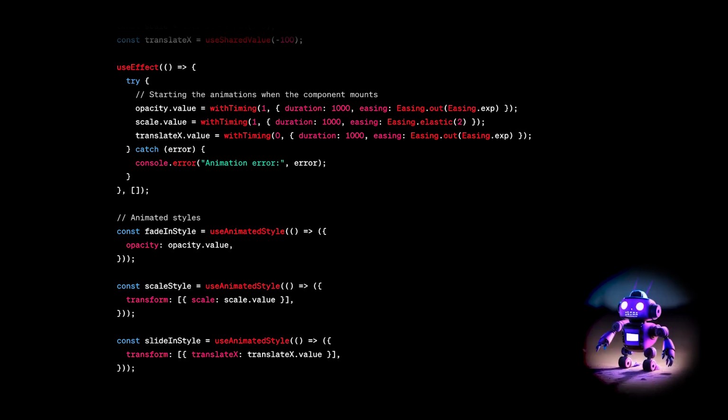With Reanimated, we define a translation value that represents the component's position. This value is animated from its initial off-screen value to its final on-screen value. Using easing functions, we can control the acceleration and deceleration of the slide, making it appear more natural. The key to a smooth slide transition is selecting the right duration and easing function to match the desired feel